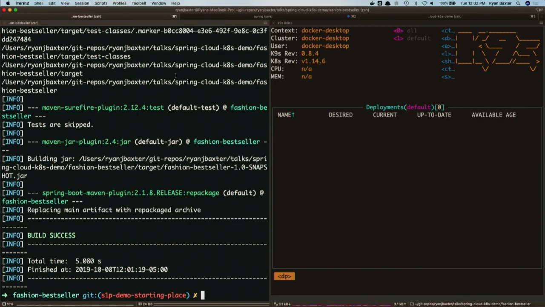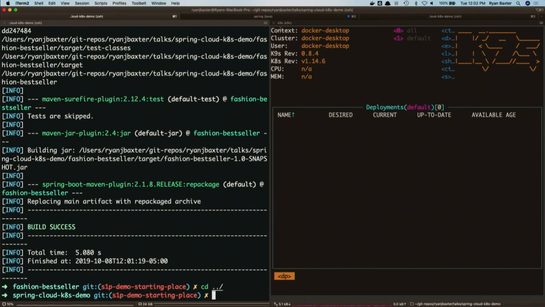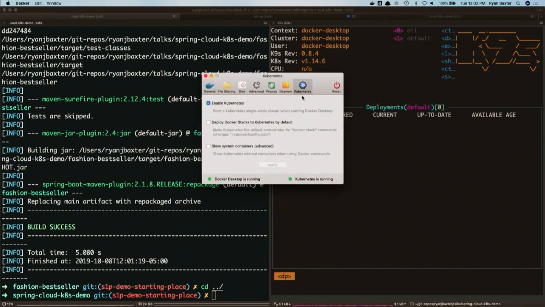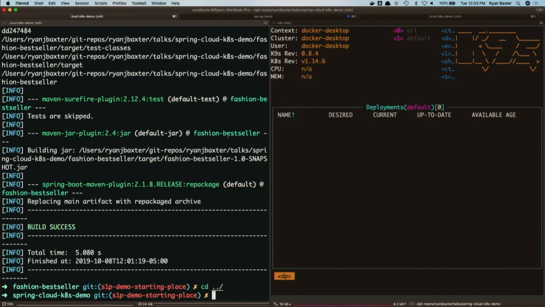Okay, so we want to get the app deployed to Kubernetes. For those of you not familiar with Kubernetes, a really easy way to get started is if you're on a Mac or Windows and you use Docker Desktop. If you go to Docker Desktop and you go to the preferences here, there's a Kubernetes thing here, right? You can just click Enable Kubernetes, and it sets up a local Kubernetes cluster for you, which is really nice and easy for development. So that's what I use. I really like it. I like it a little bit better than Minikube.